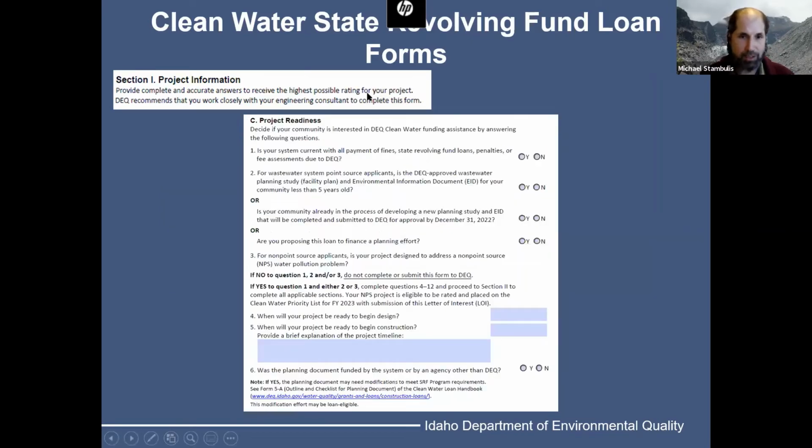The next section talks about project readiness. DEQ needs to assess how close you are to beginning a construction project, and as Charlie said, so we can get the most dollars on the ground as quickly as possible. This information is especially important in years where funding is competitive, which is basically every year, hopefully a little less